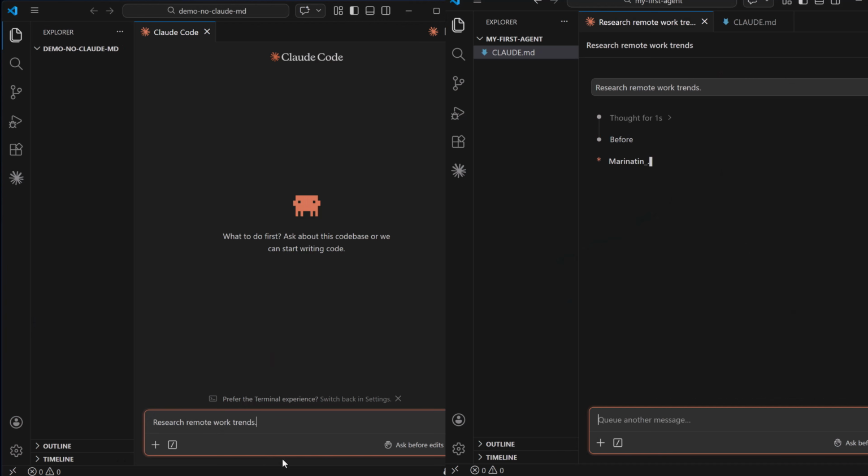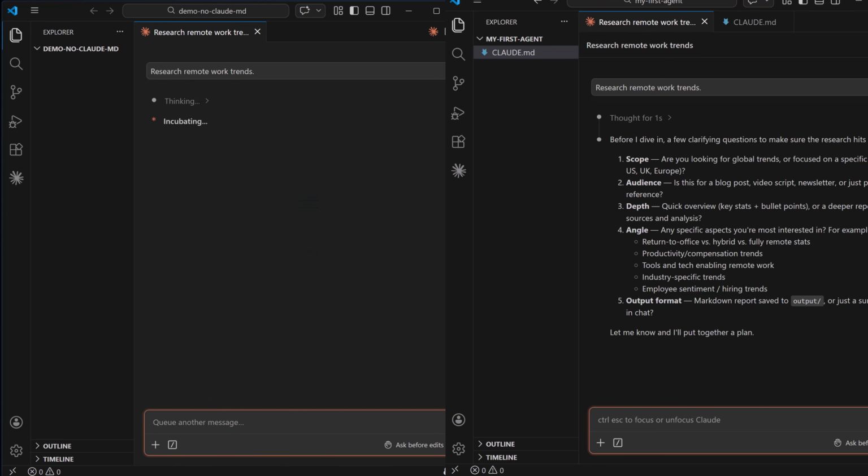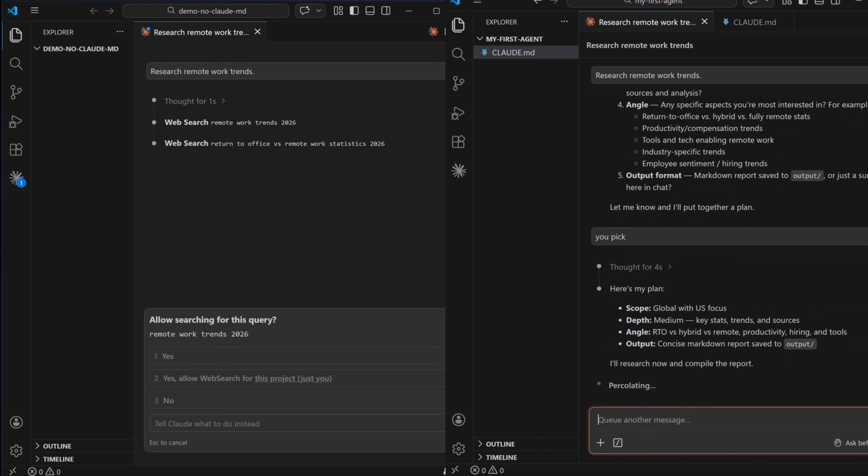But now every single time you open Claude Code in this folder, it already knows your preferences, your rules, and exactly how you want things organized. No repeating yourself. Let me show you why this matters so much. Now I'm going to use the same prompt, research remote work trends. On the left, without